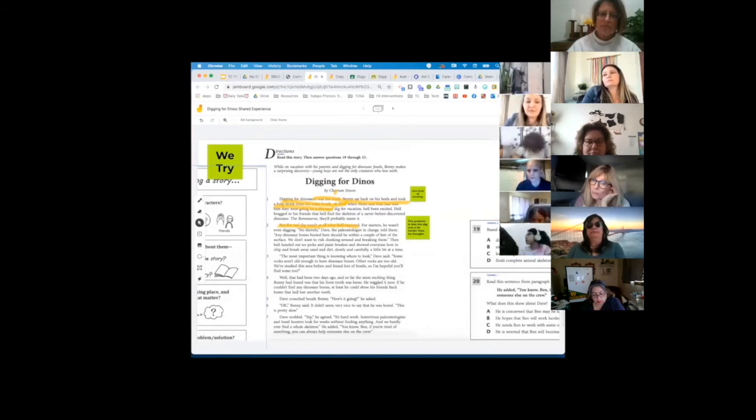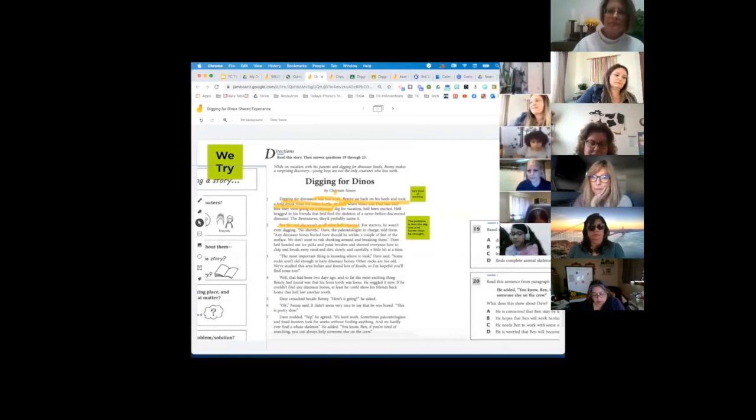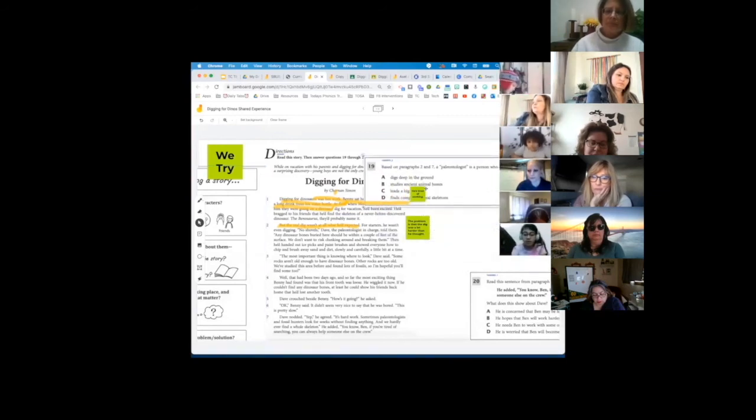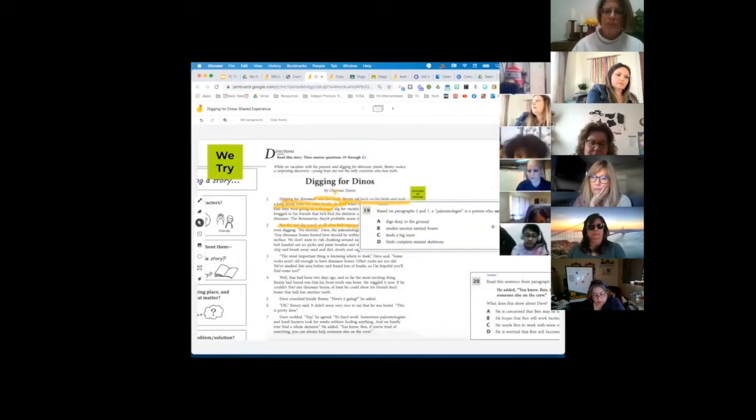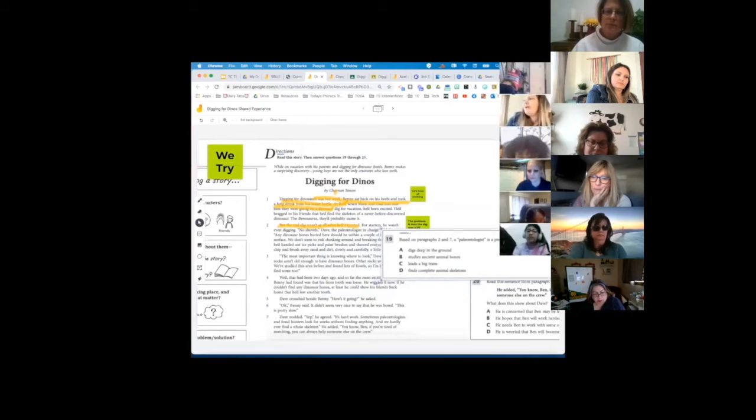And remember, when we do this, we're looking for the best answer. Sometimes there's more than one answer that makes sense, but we are looking for the best answer. So let's go ahead and do one of these questions together. So let me just bring this to the front. All right, it says, based on paragraphs 2 and 7, a paleontologist is a person who mainly,